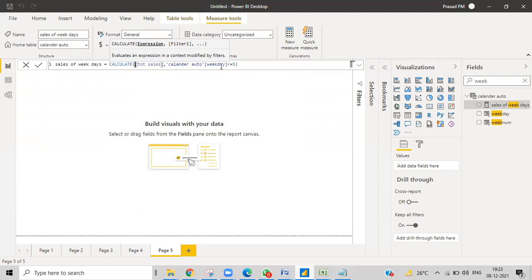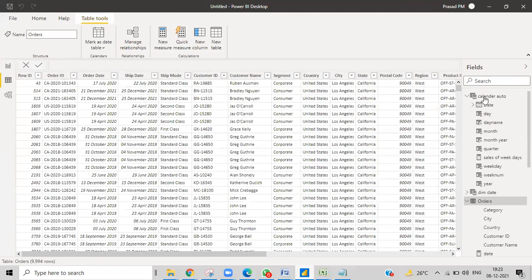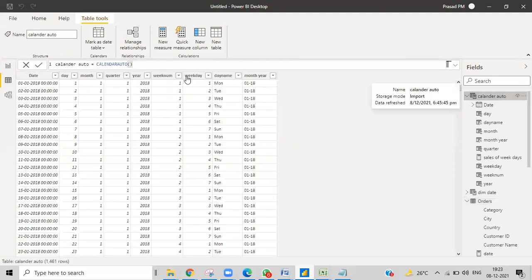So what is the calendar day? Weekdays. What is the weekday over here? Weekday is this one. It tells what is the day of that particular week. So 1 means Monday, 2 means Tuesday, 3 means Wednesday. Every time it repeats the same. So I want the sales only from Monday to Friday, so it should be less than or equal to 5. If it is less than or equal to 5, then all these 5 days will come, right? Got the logic? Weekdays less than or equal to 5 means Monday to Friday.